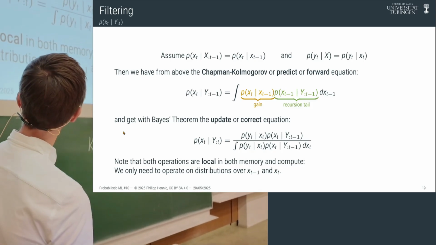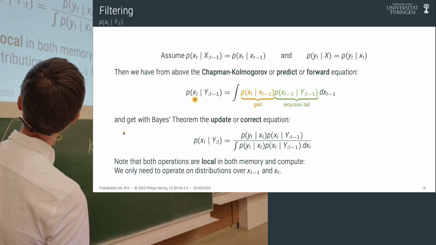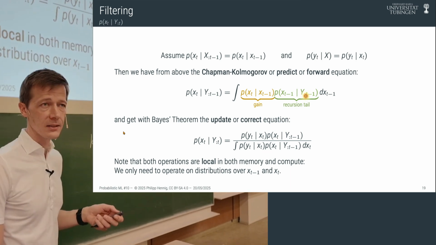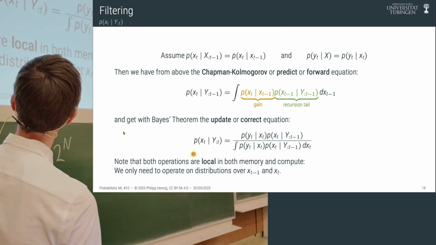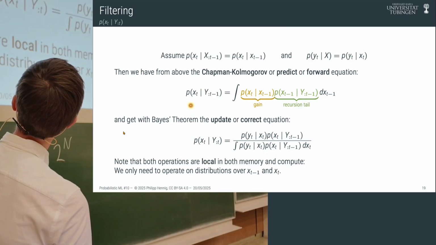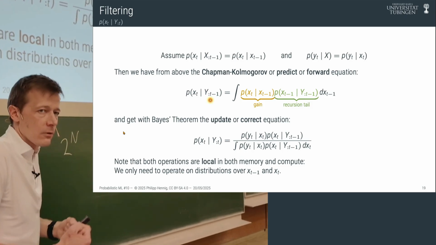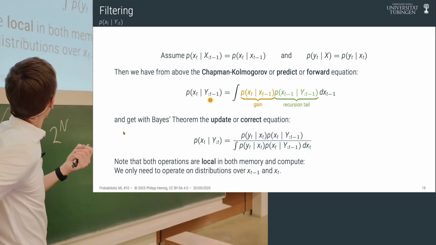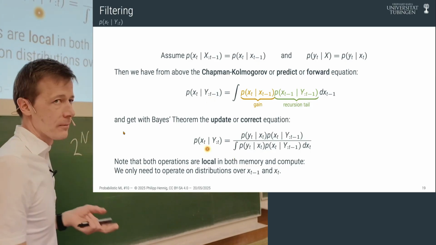And now we need to make this an actual recursion. We need to be able to shift t to t minus 1 here. And we haven't quite done that yet because we haven't shifted in y, basically. But that bit is easy. It's just a one-liner. It's just Bayes' theorem. So to get from x_t given y all the way to t minus 1, so given our prediction for the current time given all the past data, and a new local observation, we just do Bayes' theorem.